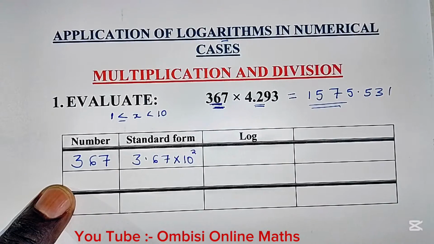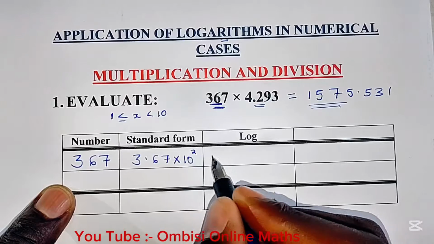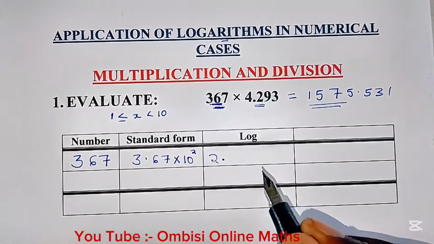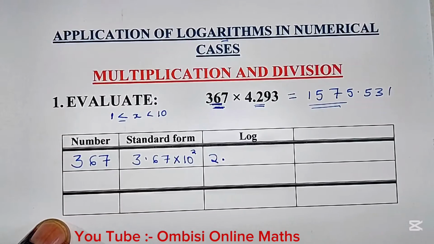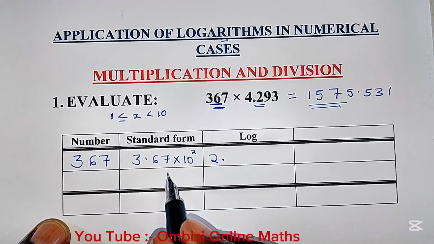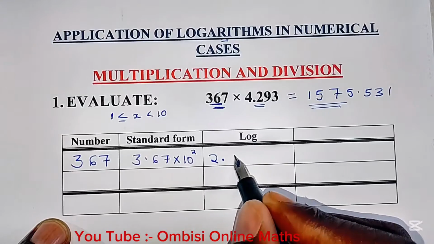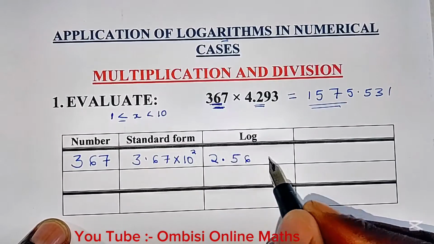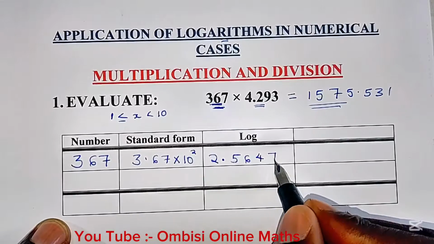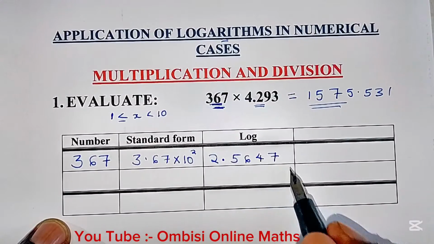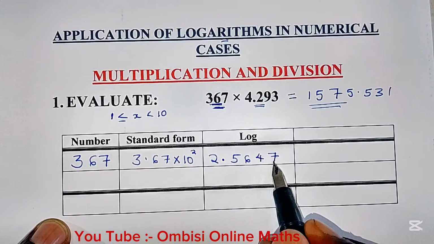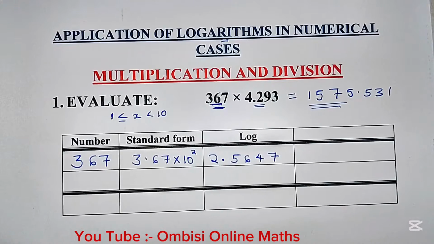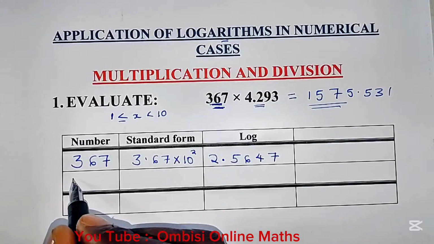Now, we write the power 2 point. Then we look for the logarithm of 3.67 from the mathematical table. From the mathematical table, the logarithm of 3.6 in the column of 7 becomes 5647. It is written 5647. So the logarithm of this number is 2.5647. Now, we are presented with the second number, which is